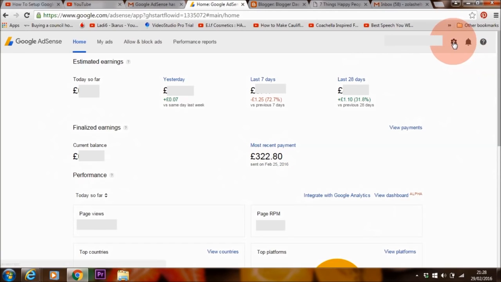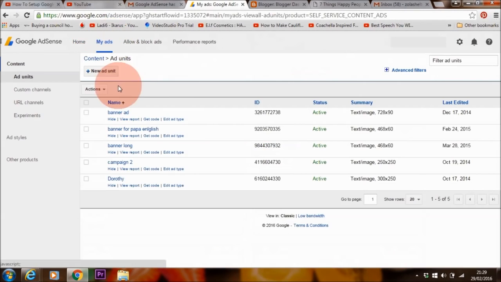And also you can check more detailed information here where it says payments. So you can check how much you got paid from YouTube, how much you got paid for your website. So here's where you can find out more detailed information. So I'm going to create an ad unit now. So I'm going to go to my ads, and as I mentioned before, this is going to be all blank when you first start. So click here on new ad unit